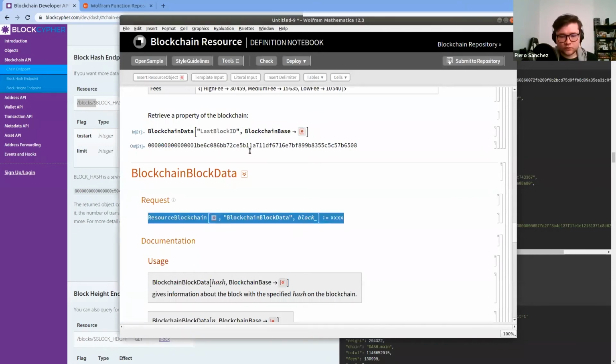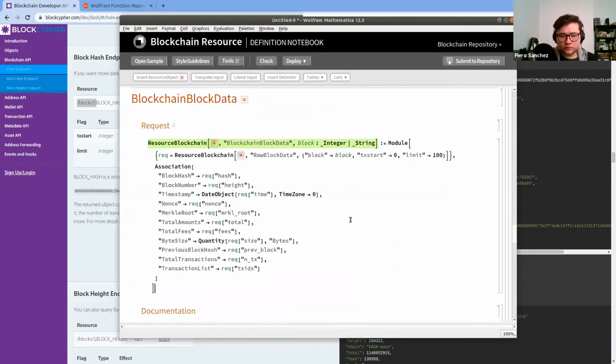We want to make a request definition. This one has some parameters, like the block, which can be an integer or string. I can make some validation here. And I get, once again, the raw request inside. Even if I had multiple raw requests for the same blockchain block data function, I could just add them here. And what I want to do is get a final association with the fields that I want, like the timestamp. I could add it as a date object, or the byte size as a quantity. And then by running this,